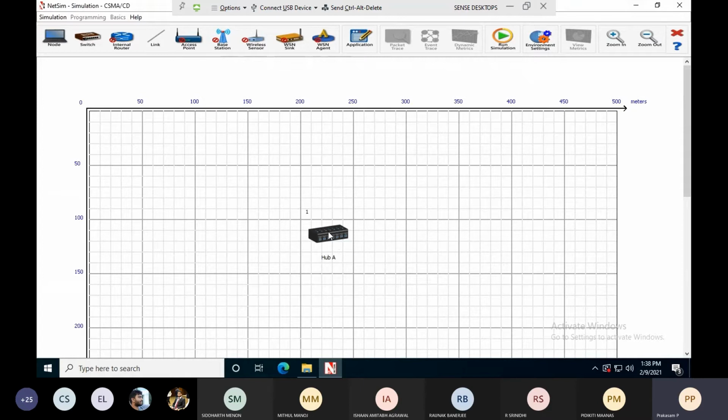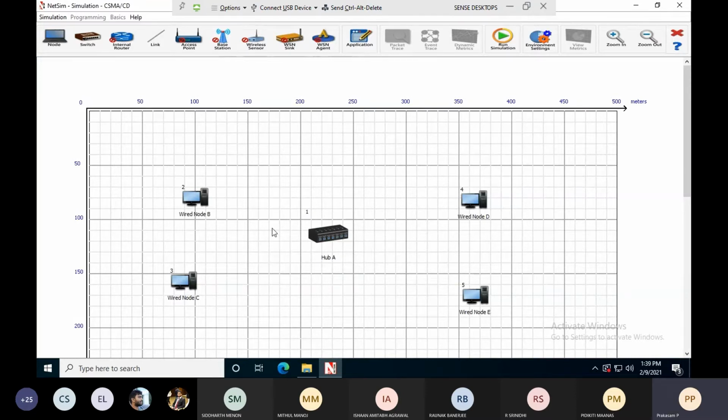It is like a Multisim software. In Multisim, if you are selecting a resistor, then you should place it in the respective position. If you click escape, then you can go to the next one. So next I am going to create the LAN with 4 nodes. Go to node, select wired node. I want to create 4. I am pasting at the 4 positions, just escape.